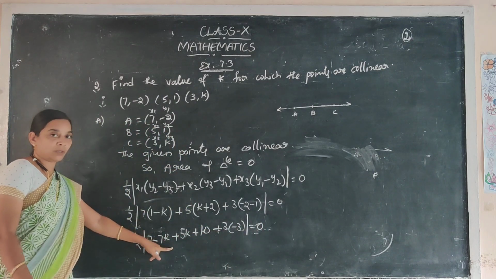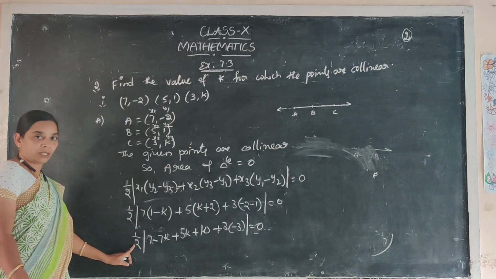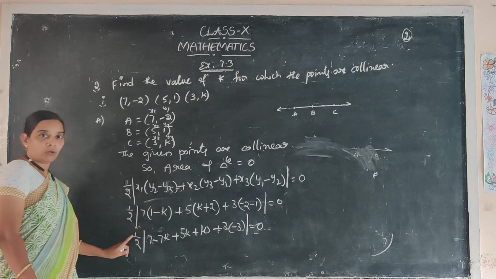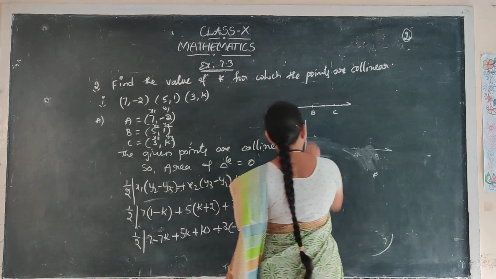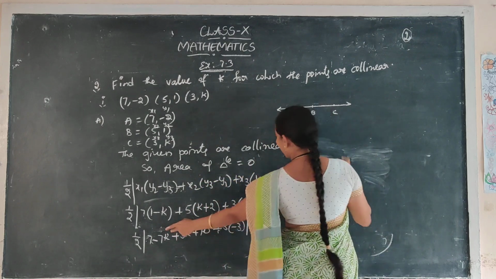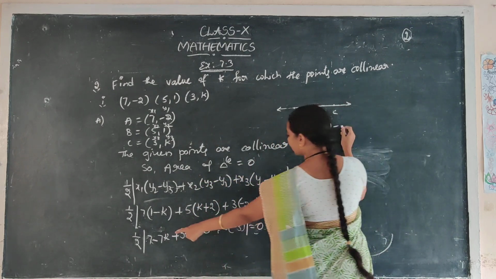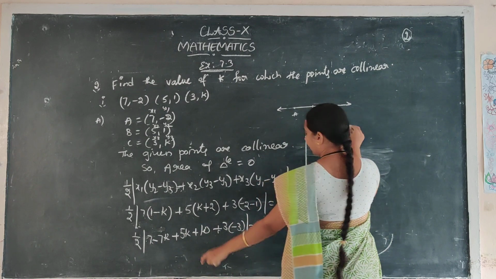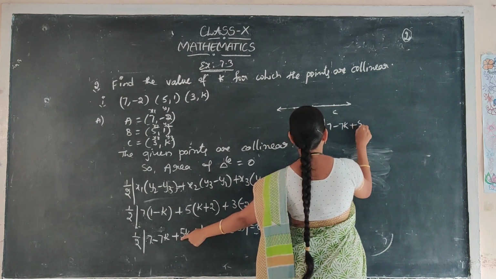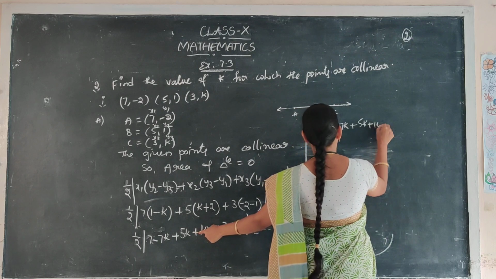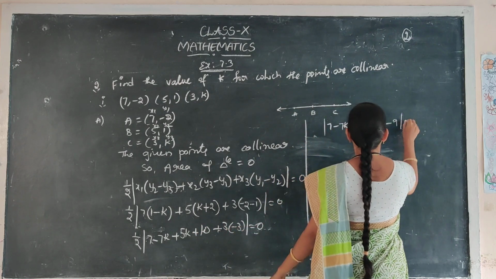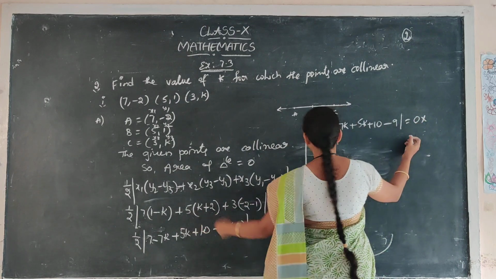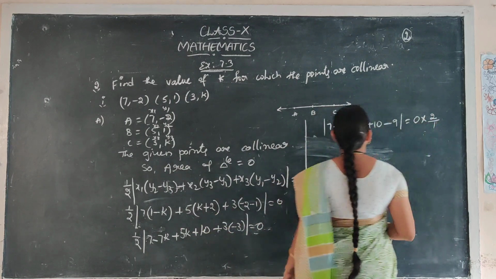Now observe this expression, my equation. Here half is there. Half is in product form. It moves to the right side. The fraction moves to the right side as its reciprocal. So here the left side is 7 minus 7k, next plus 5k plus 10 plus, into minus 3, 3s are 9, is equal to 0 into half, which moves to the right side as 2 by 1.